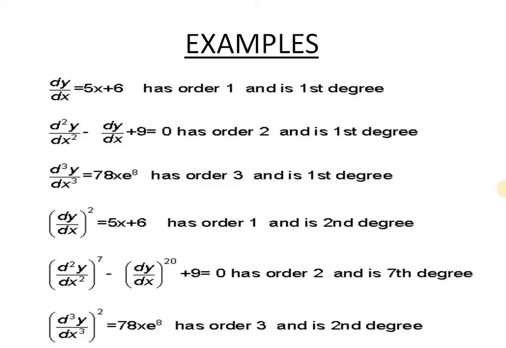Another example, the differential equation is dy/dx - cos x = 0, that is y' - cos x = 0. So the derivative existing is dy/dx, so the highest order is 1, the first derivative. Order is 1. And what about the degree? The power of dy/dx is 1. So the differential equation has order 1 and degree also 1.